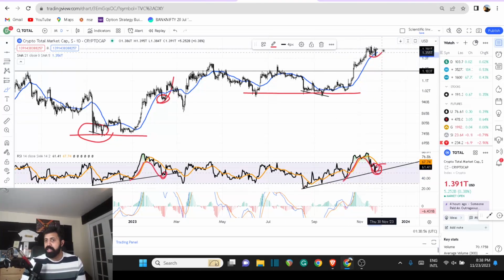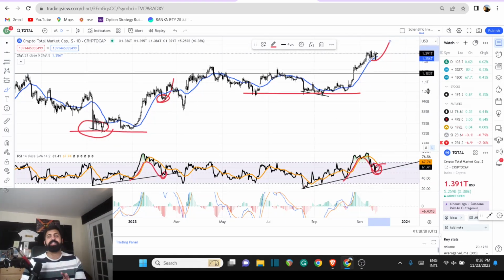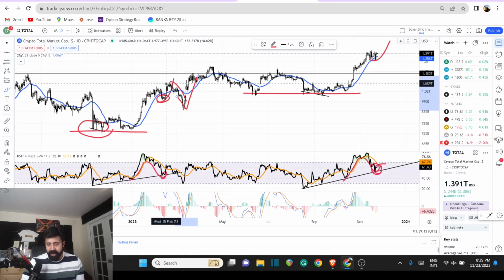That means you may actually get a write-off where you will see a lot of altcoins, especially those that are trending, popping. Sure, there is no doubt. But then you may see something like this. Now, the recovery would be a V-shaped recovery. So if you're a long-term individual, that doesn't impact you. But if you are looking to get a better position, then you may use this dip to get in and